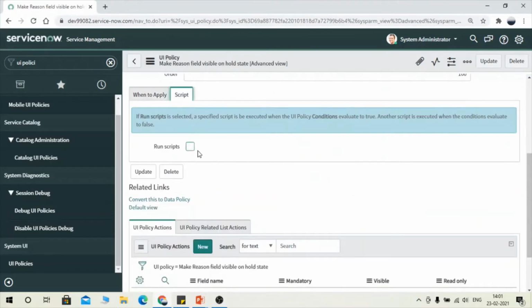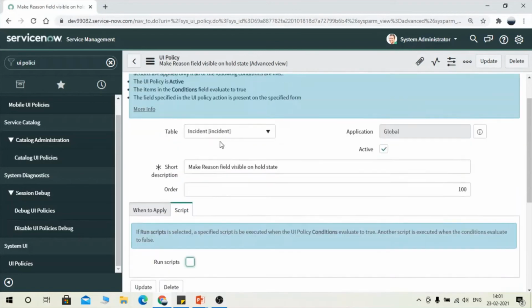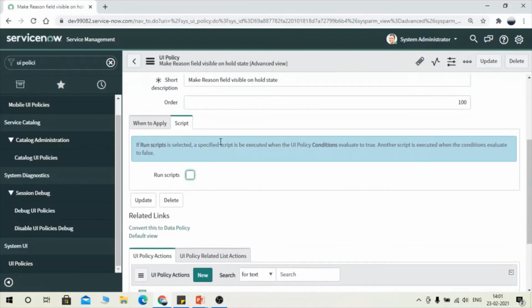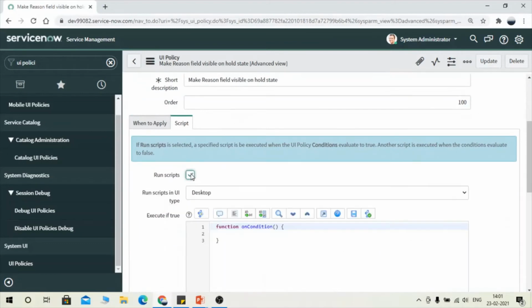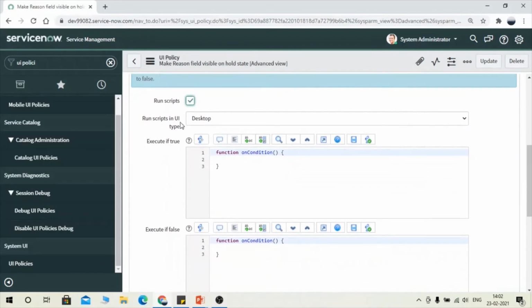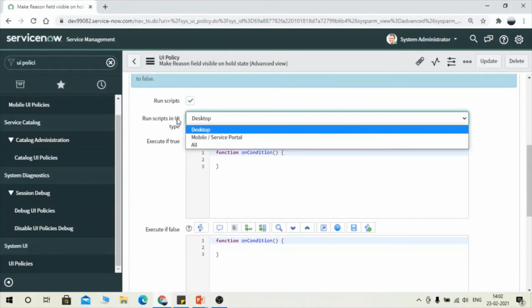So you have the option to create a script. You have to check Run scripts. Once you check this, I think the network is a bit slow. It's taking little time. Yes, so it got checked. So now you could see you have the option here, UI type.